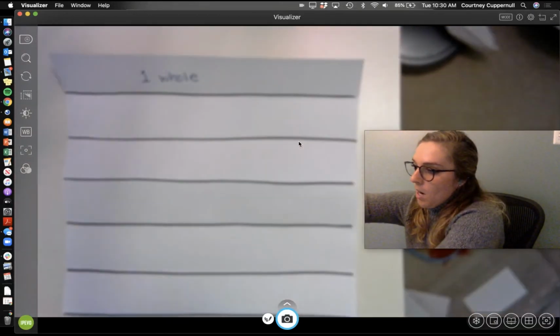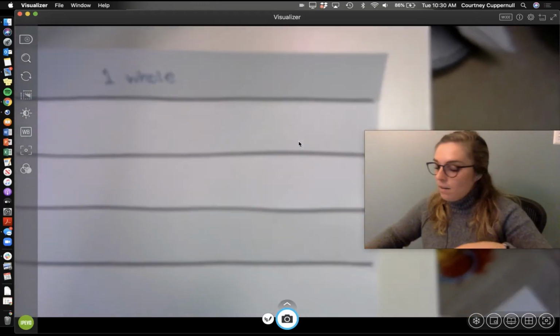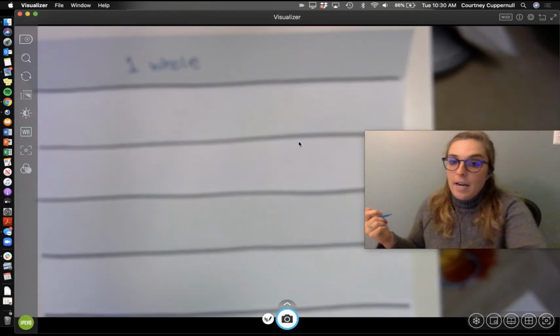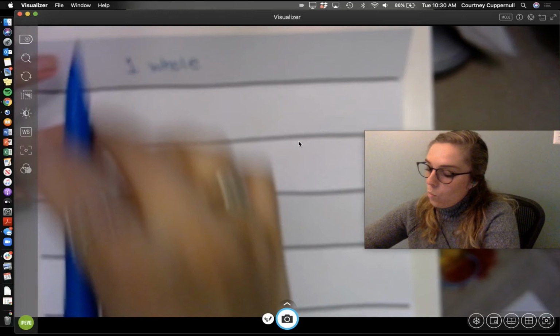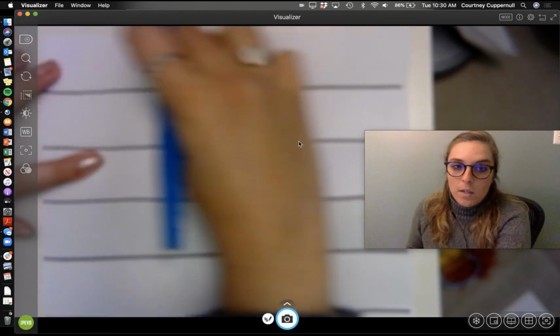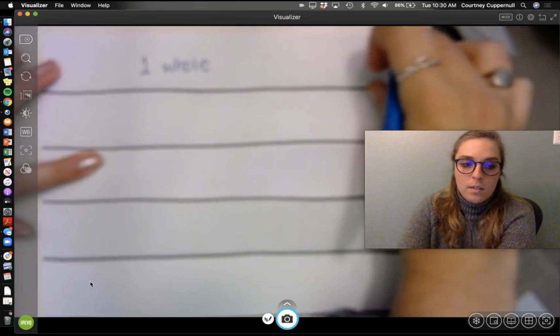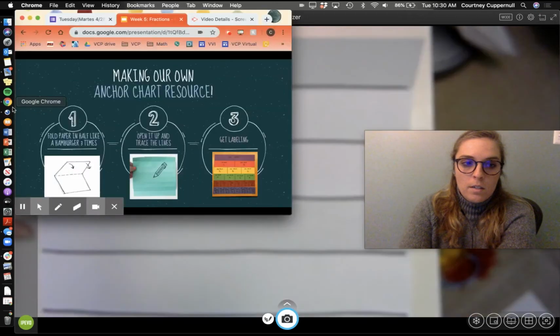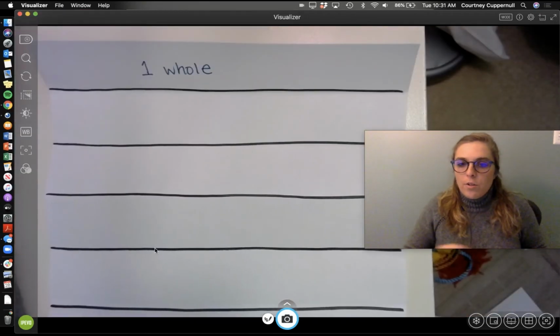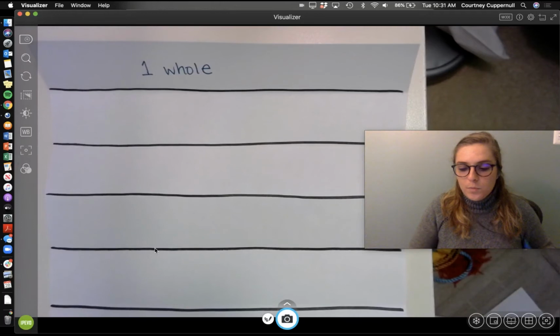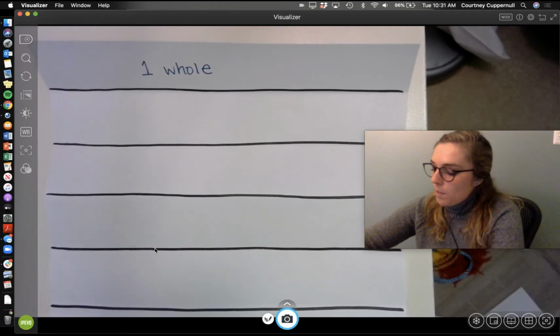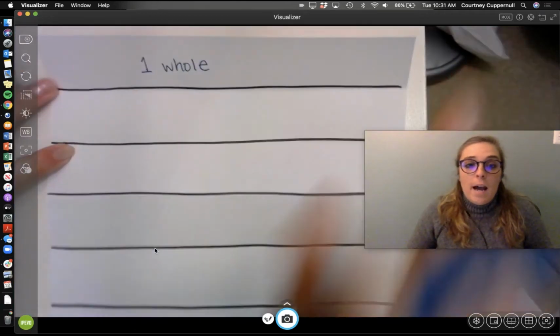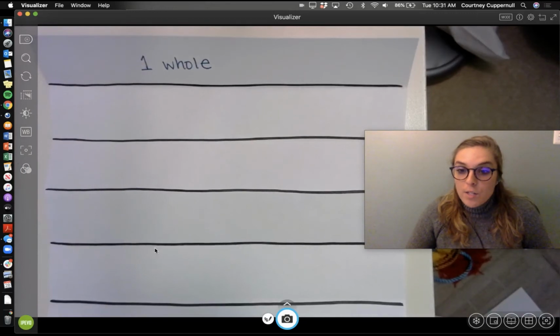So when we break up the other ones, we know that when we're saying halves or thirds or fourths or so on, it's of this whole width of our paper. All right, so now you can hopefully see it a little bit better than before. Great. So we know this whole strip is one hole. Now, for that second row, we're going to split it